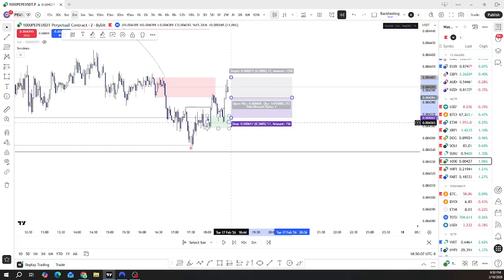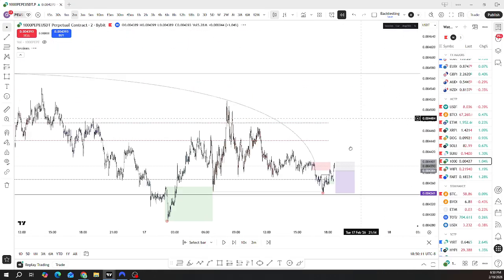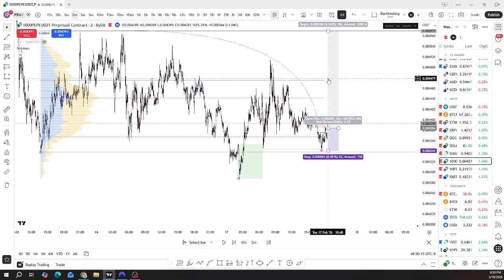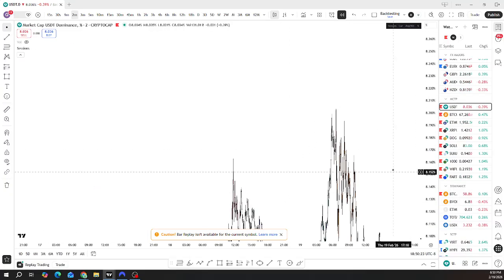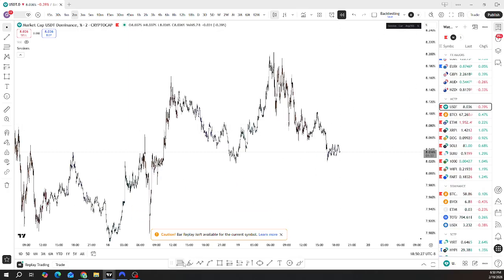And although Bitcoin was looking like it was failing, the confluence I used for this model was actually USDT dominance, which still had a fairly decent model. You see, we're currently on February 17th, 1832. If I go over to USDT dominance, I won't be in replay mode, but we can see here